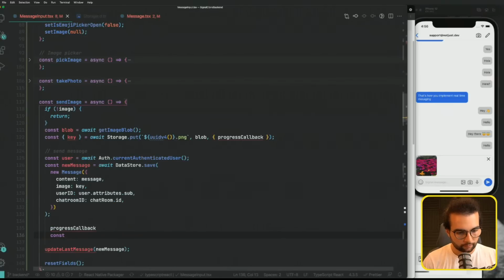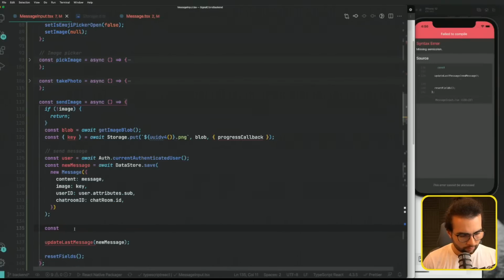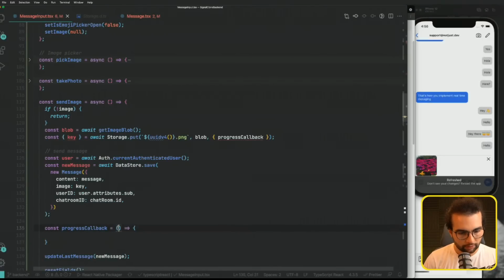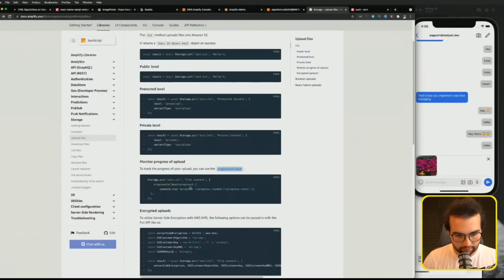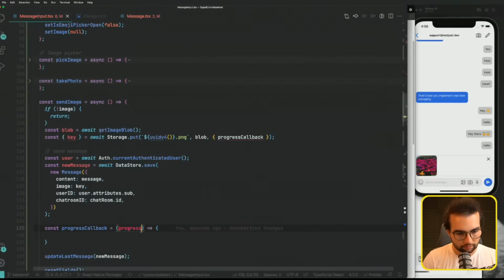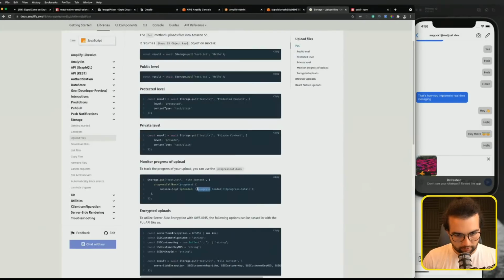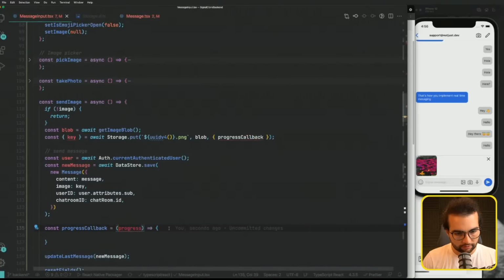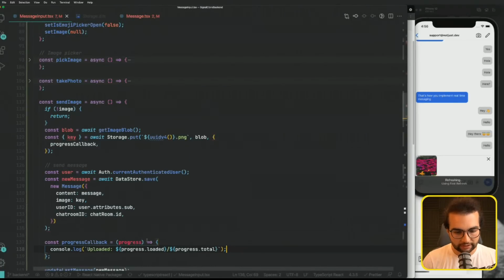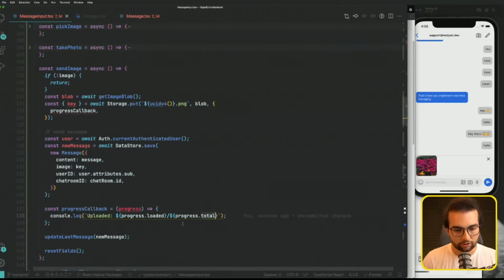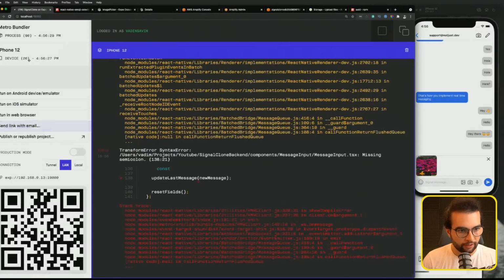Const progress callback equal, and it will send us what? It will send us the progress. And we can use the amount of progress loaded and the amount of progress total. Let's have a look in the console here, and if I press send,